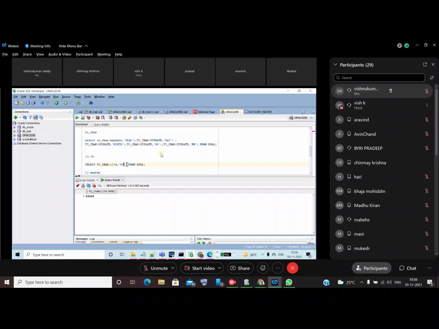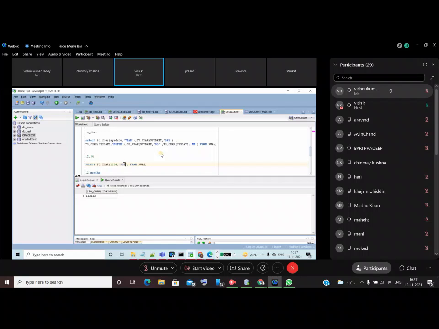Actually, no decimals, right? So here D comma 9. Normally, sometimes you want to convert decimal values like this, and you have to use this.